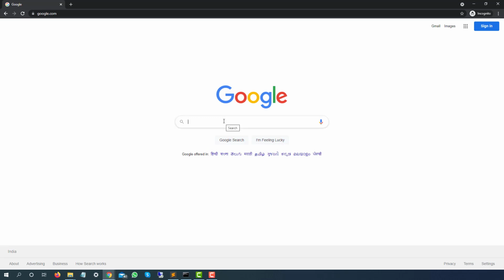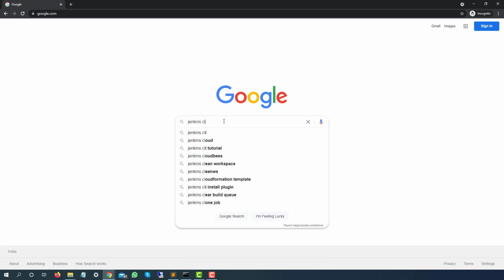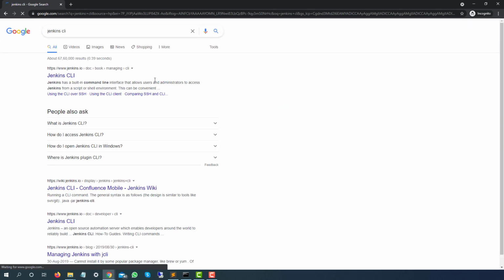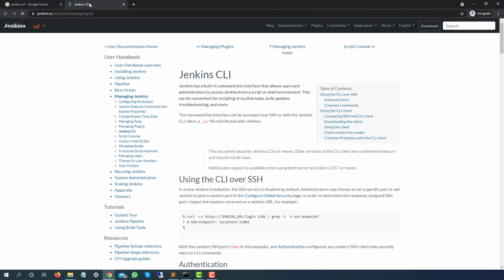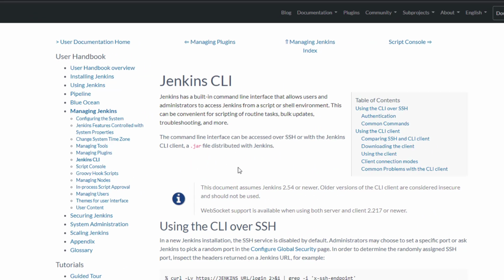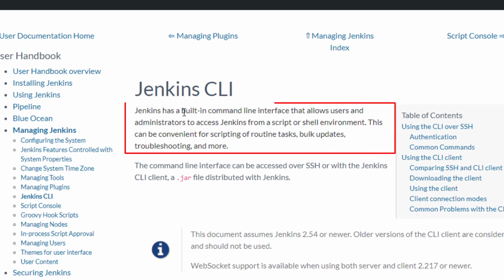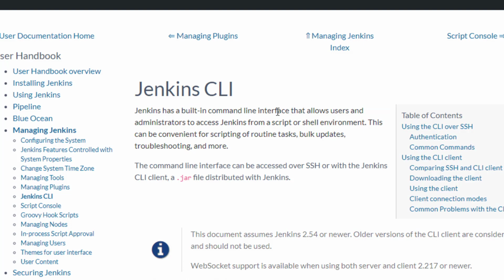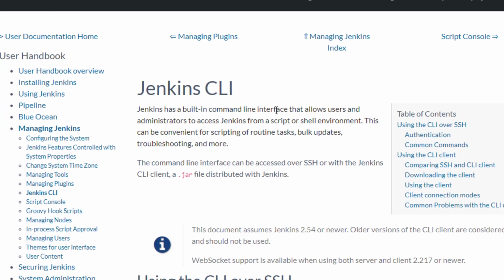First of all, before we start, just type Jenkins CLI and hit enter, and you will see their official website, which is jenkins.io, the moment you open this link. Generally I prefer official documentation, and I would highly recommend that you start following official documentation. As the first line says, Jenkins has a built-in command line interface which allows users and administrators to access Jenkins from a script or a shell environment, right?